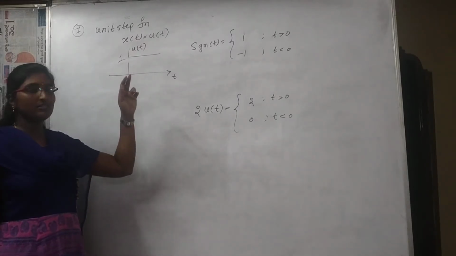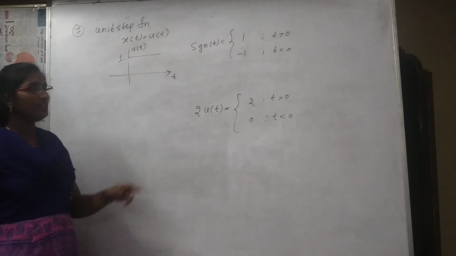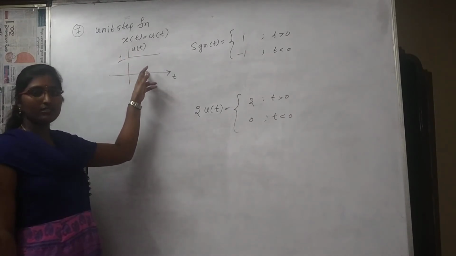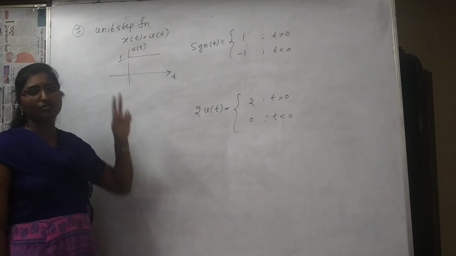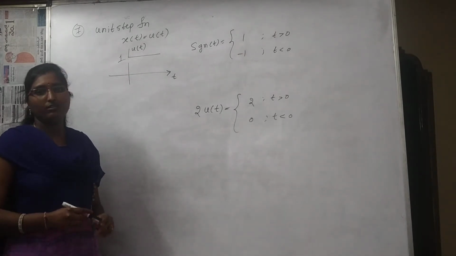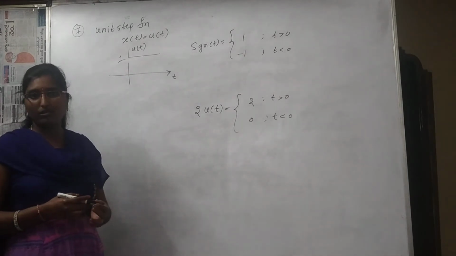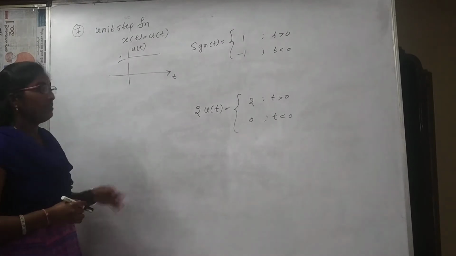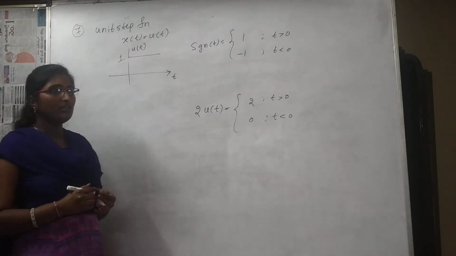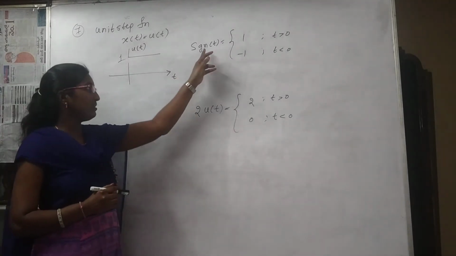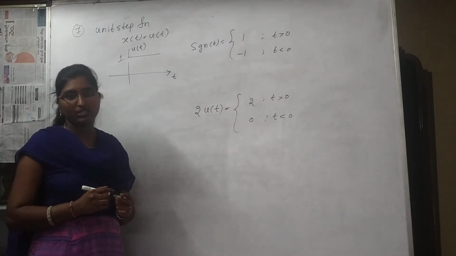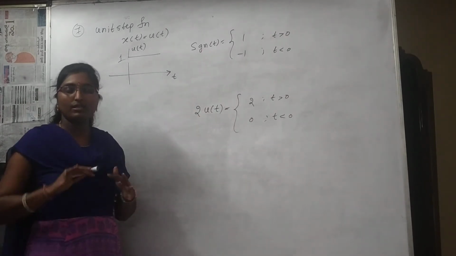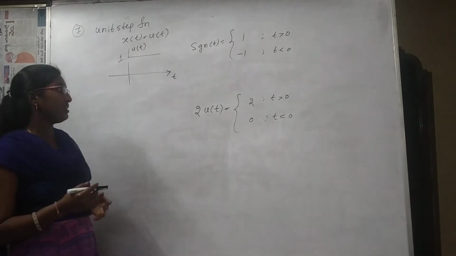And the next signal is unit step function, and you know unit step function exists for t greater than or equal to 0, and it is also not absolutely integrable, and we will not go for the direct formula of Fourier transform. Then we need one alternate one, and you know the relation between the signum of t and u of t in the first unit itself, and again I am going to remind you.